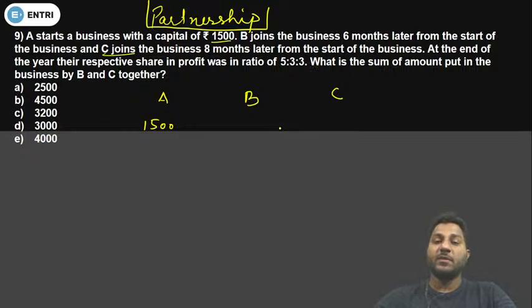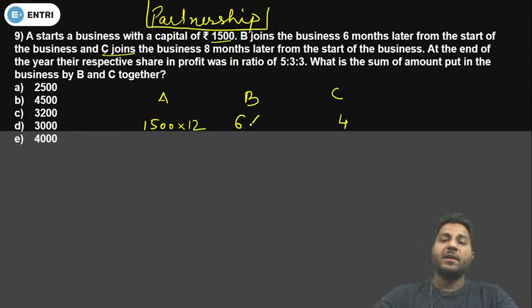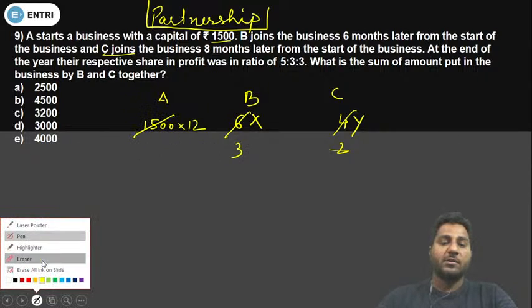That means if we go to 1 year, A will be there for 12 months, B for 6 months, and C for 4 months. Let's say B invested X and C invested Y. Now what would we do to simplify it? Simplify it with 2.